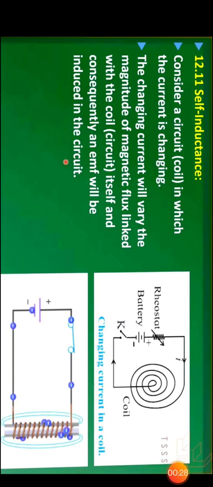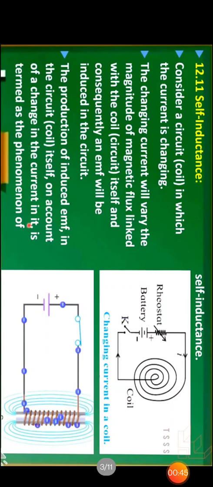The changing current will vary the magnitude of the magnetic flux linked with the coil itself, and consequently an electromotive force will be induced in the circuit. The production of induced EMF in the circuit or coil itself on account of a change in current in it is termed the phenomenon of